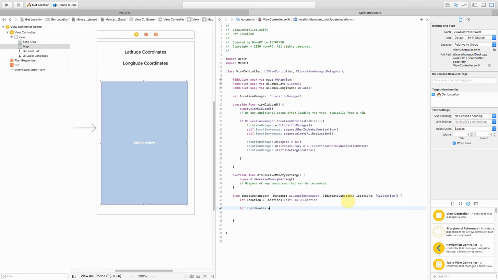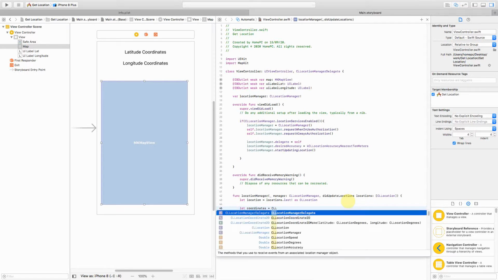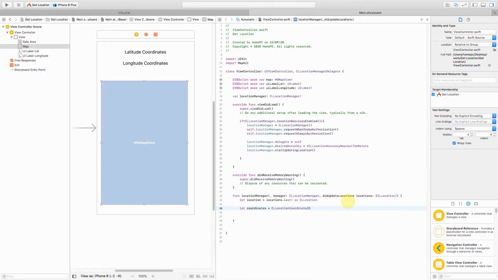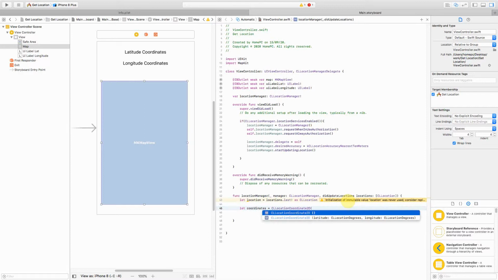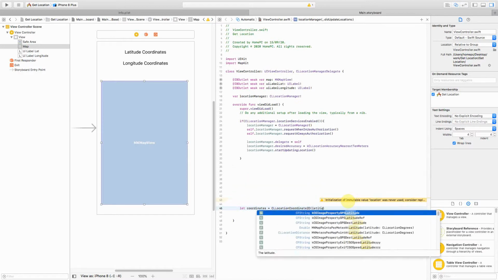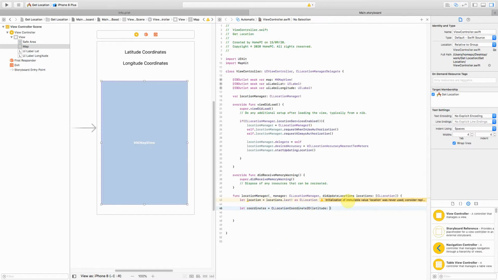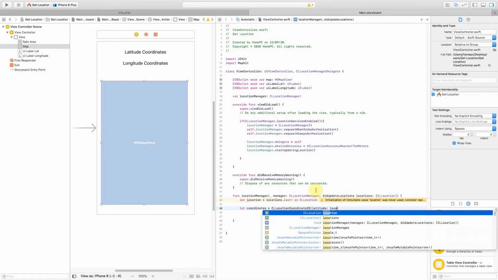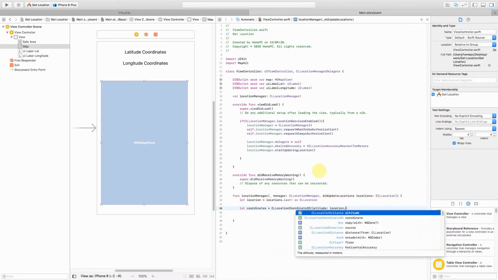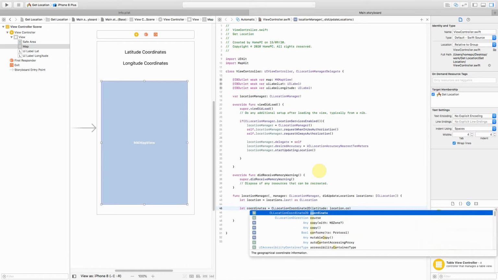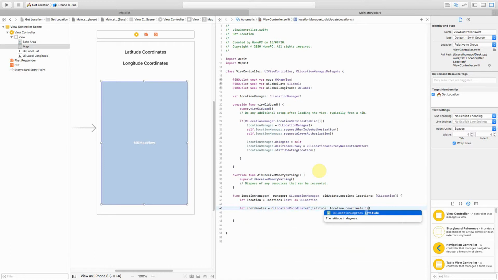We can have, say for example, CLLocationCoordinate2D, and we will convert this into our 2D coordinates, which is basically the latitude and longitude. So latitude is, we can get it from our location, the variable which we defined at line number 43, dot coordinate dot latitude.